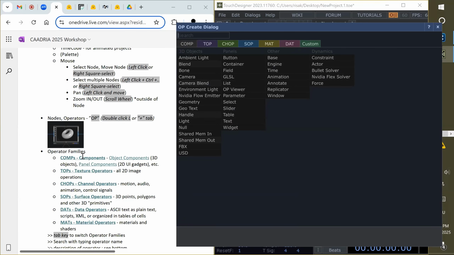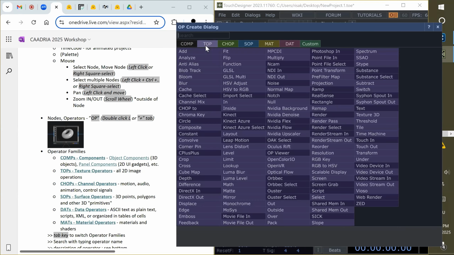I just put some information from the official TouchDesigner site. So COMP is more like object components for the 3D objects or some 2D information. And TOP is texture operators. So all 2D image operators will be here.